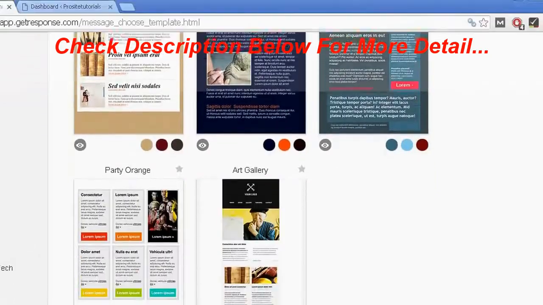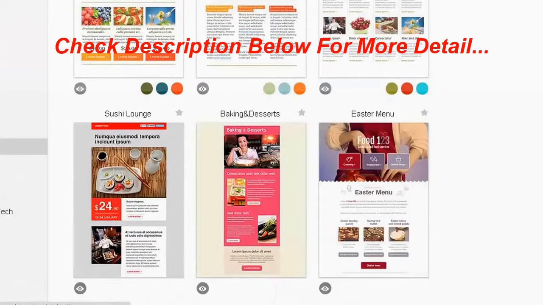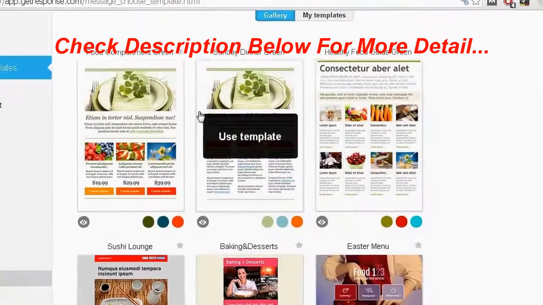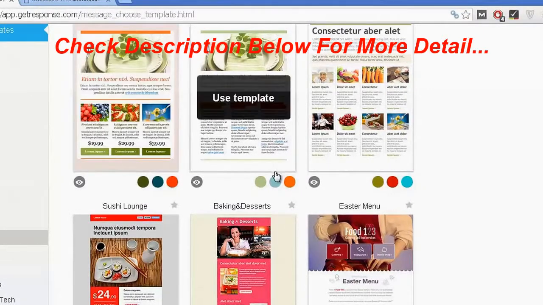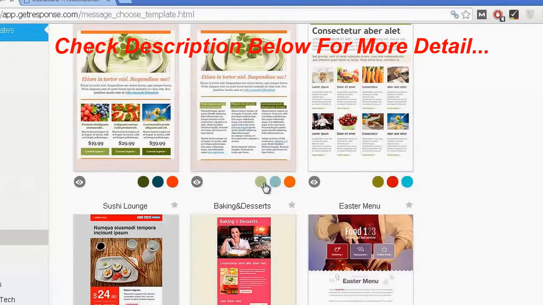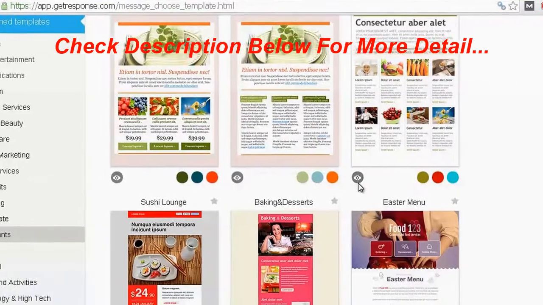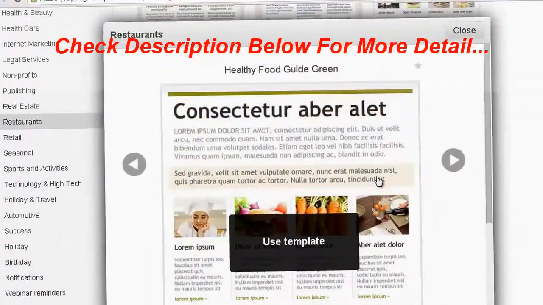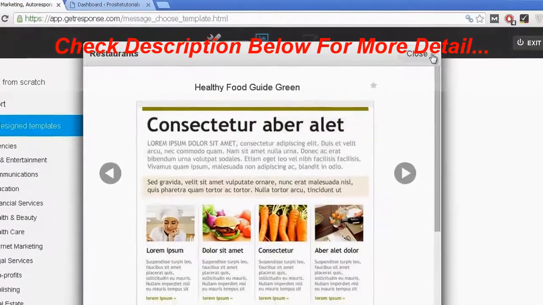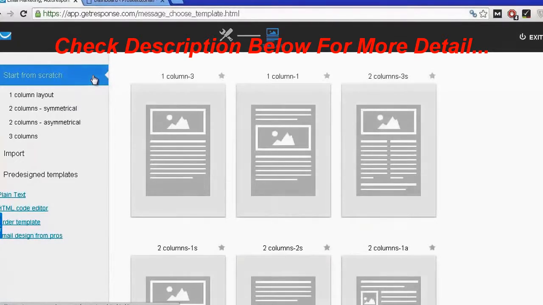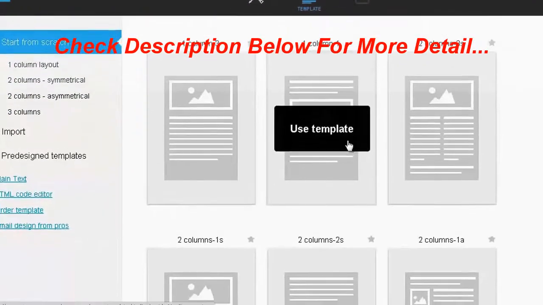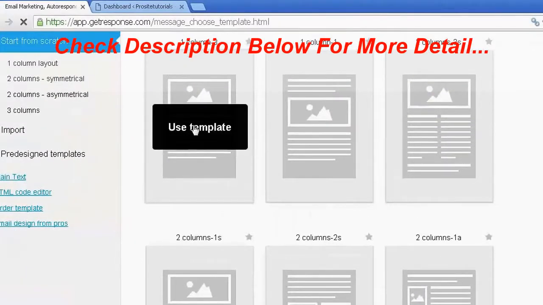Arts and entertainment. If you are in the restaurant niche, you may want to check these templates that they have. You can also choose different colors for the template just by clicking on these small dots appearing below. And if you want to get a better view of this template, just click on this icon. This way you can get a better idea of how it looks. In this case, I'm just going to start from scratch so I can show you more easily the options that you can use. So I'm going to choose the first layout because you have several layouts that you can choose from. I'm going to choose this one,